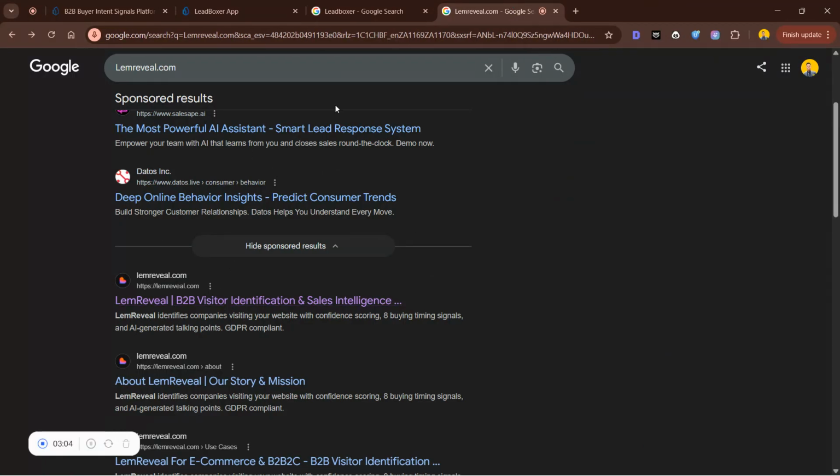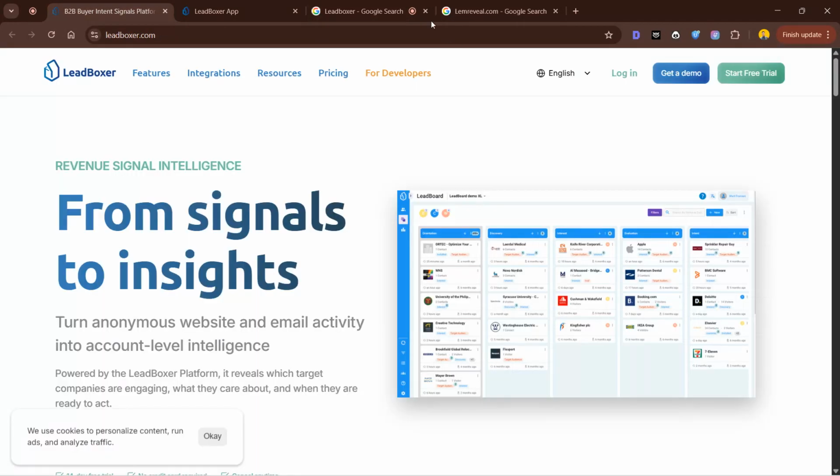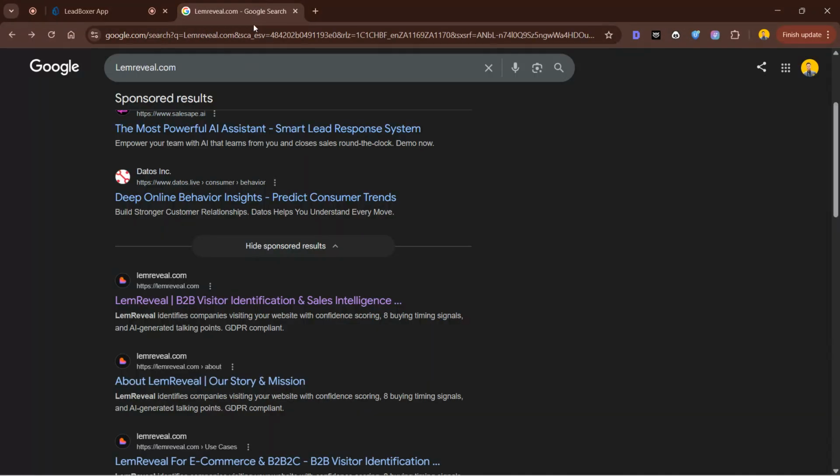So these are the tools that we'll be looking at, and we'll first start with LeadBoxer. This is how it looks as soon as we click the link. You can also log in, get a demo or a free trial, and this is how the dashboard looks. Same thing with